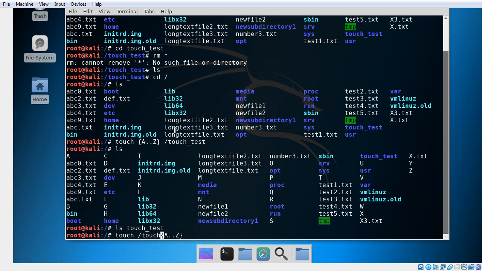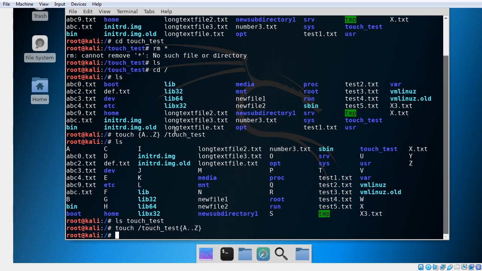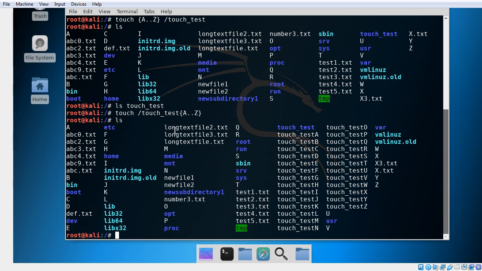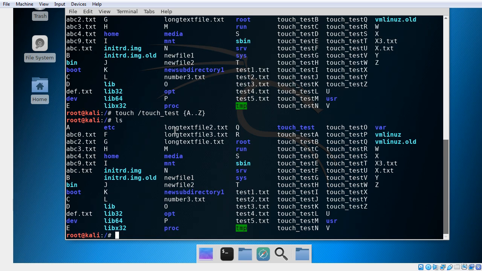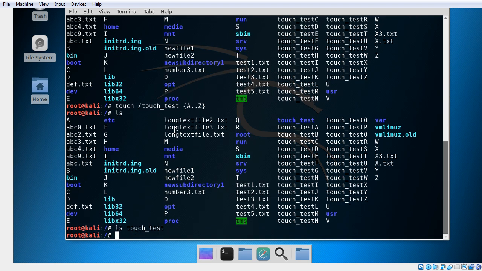Touch, test. Maybe it does it that way. Oh shucks, nope. Okay, I'm not exactly sure. Let's see. Maybe it does it this way. Yeah. So let's see. Touch, test. Nope. Okay. Anyway,